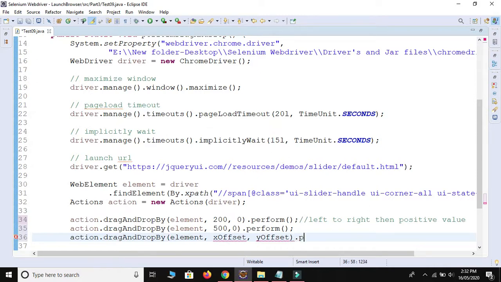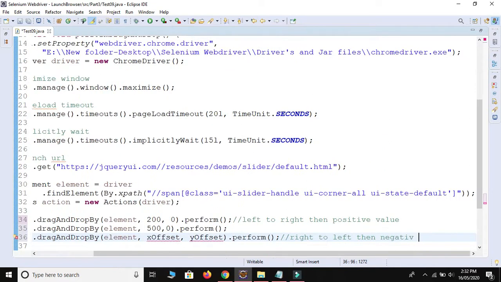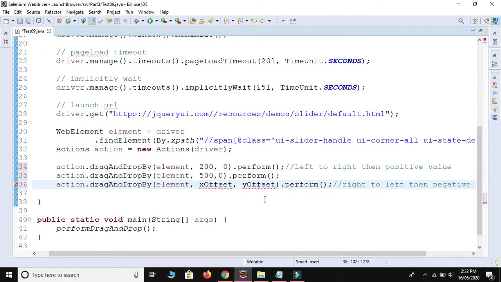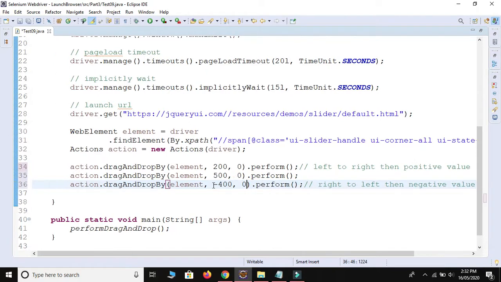Okay, dot perform from right to left, then negative value. Okay, so let me provide some negative value. I will provide negative 400, and y-axis is still 0. Control Shift F and Control C.